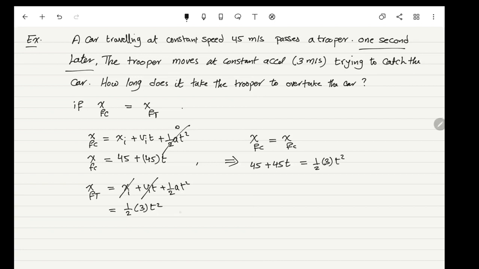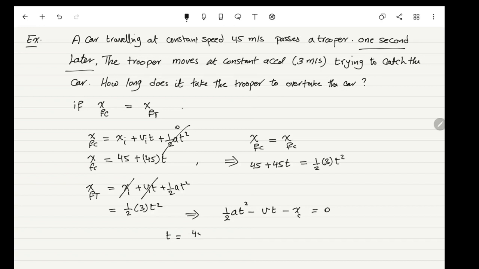Now by rearranging this quadratic equation, we will see half a t squared minus v t minus x car equals 0. You substitute and you will find here t equals